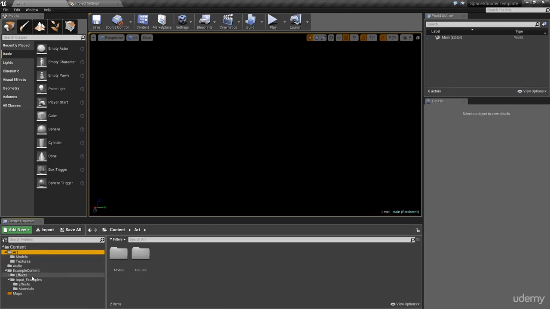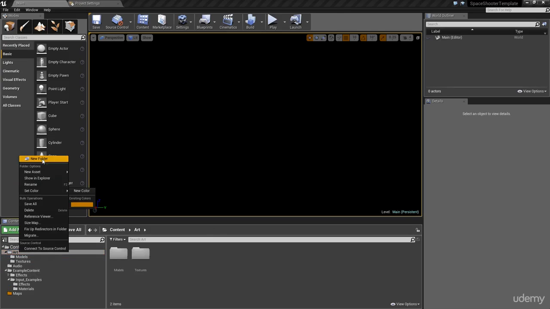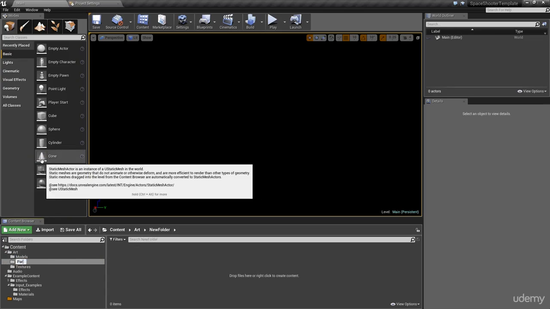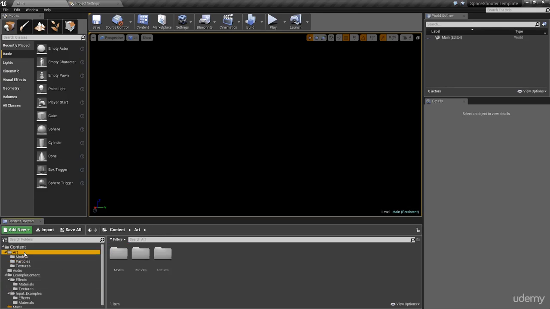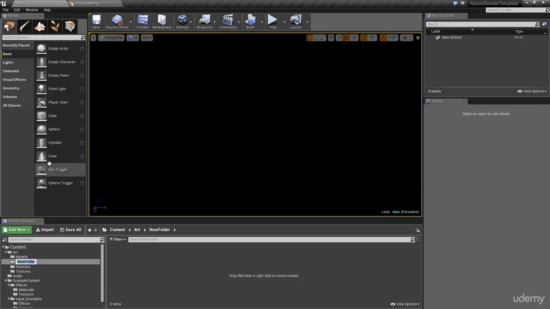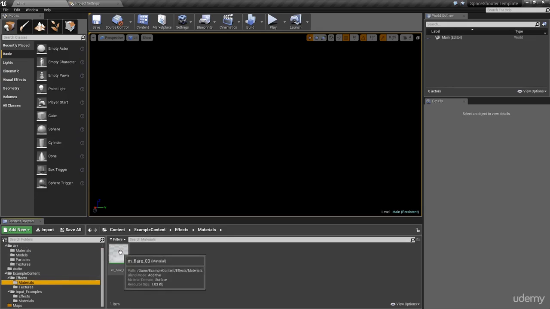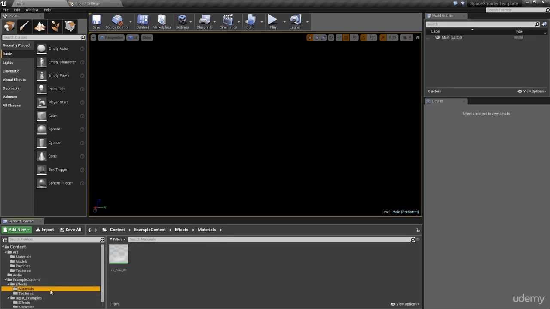But now this is in the project, what we can do is under the art folder we will create a new folder called particles. With the particle folder ready, we can drop these down. So we'll also make a new folder under the art folder called materials as well whilst we're doing this. So just remembered we want that material. So first of all, if we go to effects and materials and drag that into the material folder, move here,